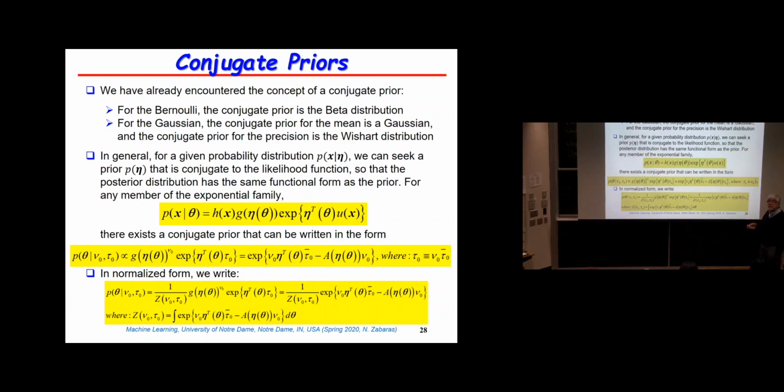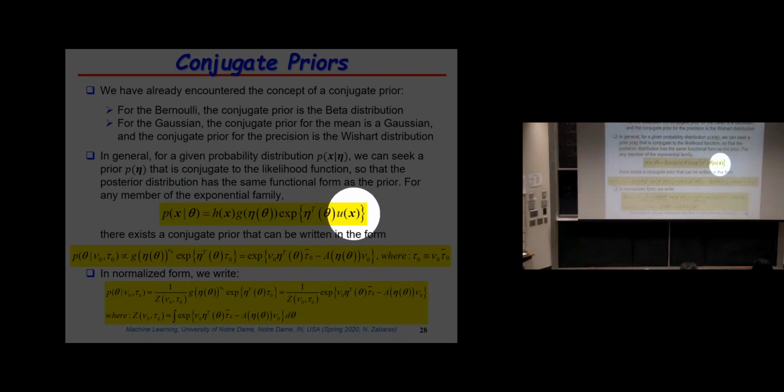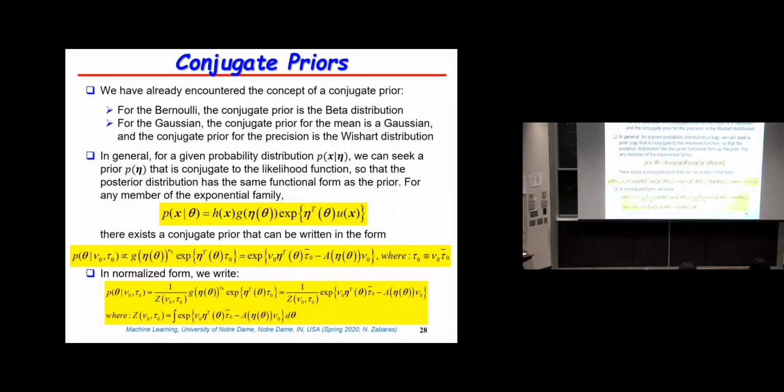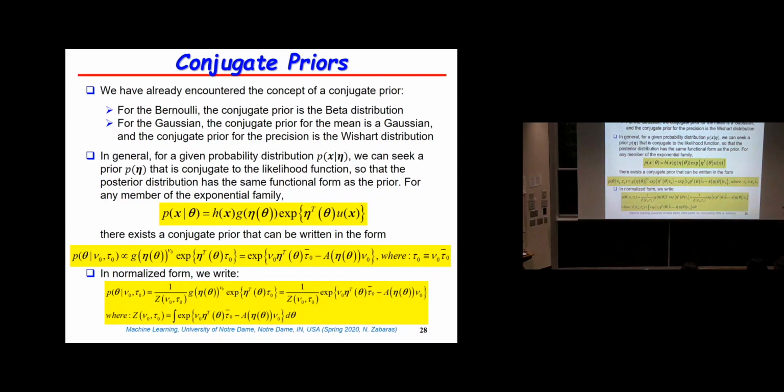What is A? Remind me what is A? A of eta, by definition, for the exponent, is minus log of g. So if I bring g inside, I'm going to have e to the minus A. All right, so the prior is going to be of the form e to the minus A